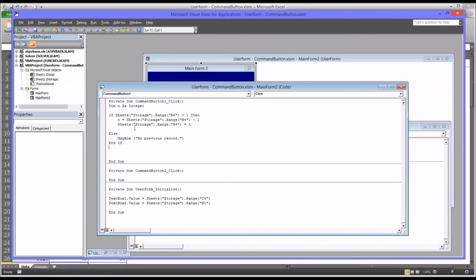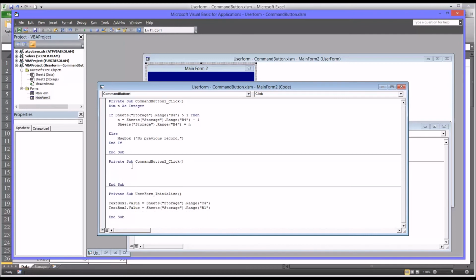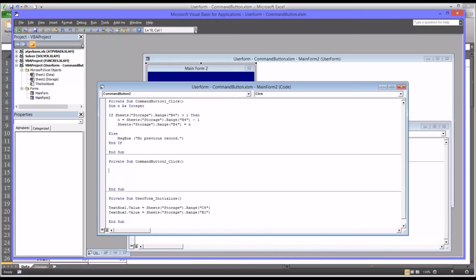But of course there's no updating in this particular subroutine. We're not updating the values. I'll show you how to do that in a few minutes. So next, let me build out the other command button. So this command button, of course, is similar. It just has the opposite problem. You're worried about the high end, like somebody trying to exceed the number of records rather than go below the number of records. So again, I'm just going to use n,